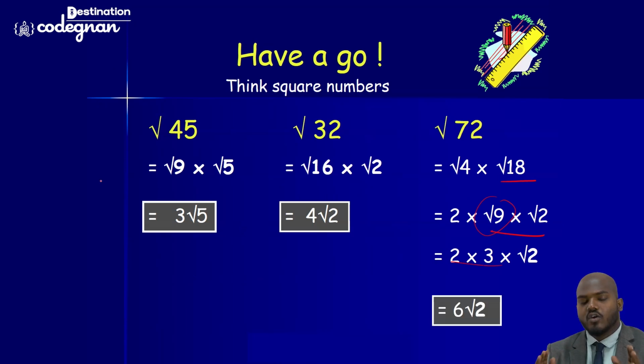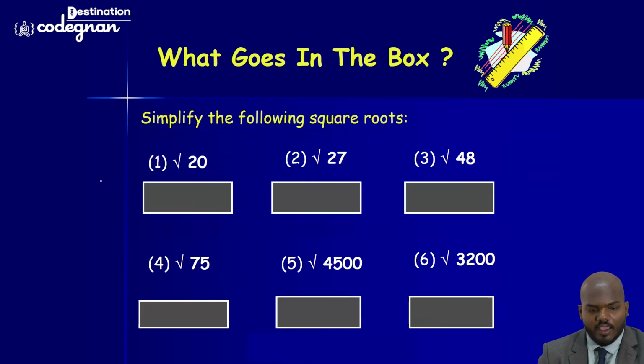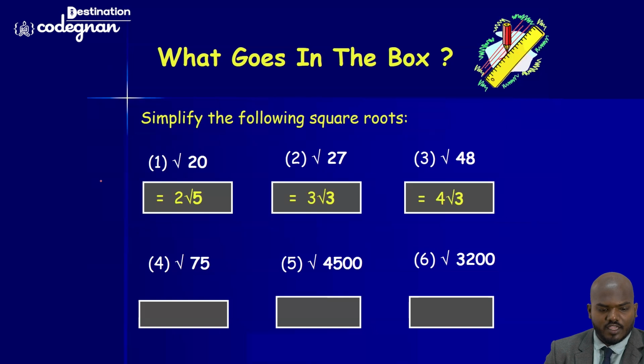Okay, so this is how you will manipulate the answers by breaking down the value. You must know how to break down the square root like this. Okay, and quickly, guys, I'll give you a few minutes. Can you try this one? Okay. And for 27, you will get the answer 3 root 3, and for 48, you will get the answer 4 root 3 here.